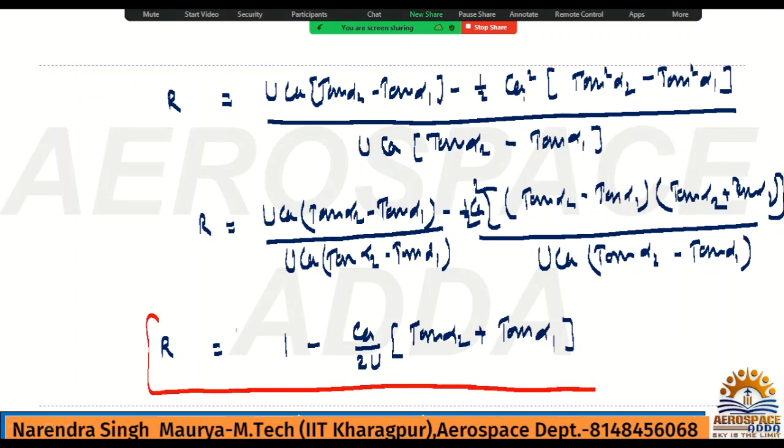So they will give that value. We need to remember this formula. Okay. All right. Now this is the formula in terms of alpha 1 and alpha 2, and we also know the formula in terms of beta 1 and beta 2. Okay, so if you calculate in terms of beta 1 and beta 2, then this R value